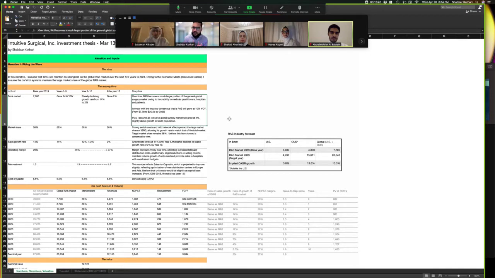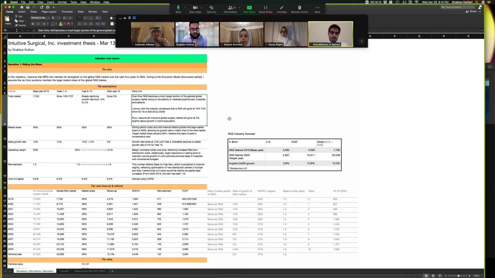Overall surgery really only grows at the rate of the world population rising. So meaning that if only 1 out of 10 surgeries today are RAS-based, more are going to be RAS tomorrow overall, right? This makes sense. So the best estimation I got of RAS's growth was about 10% year on year for the next 10 years. Now, because ISRG today is growing much faster than 10%, I said, okay,